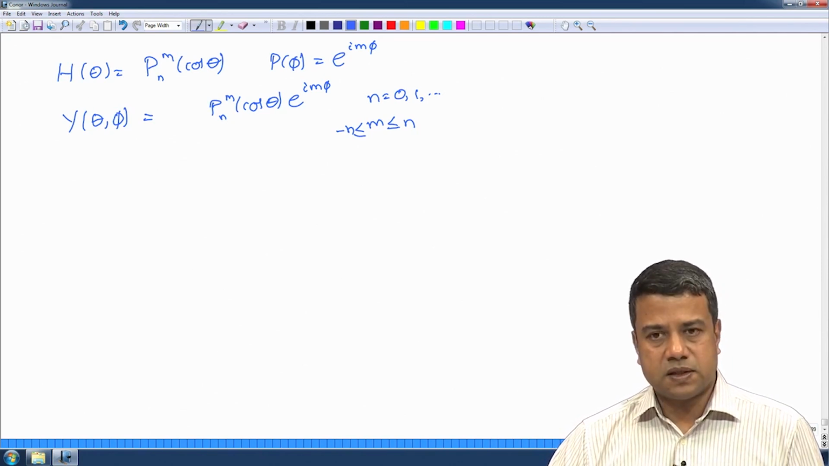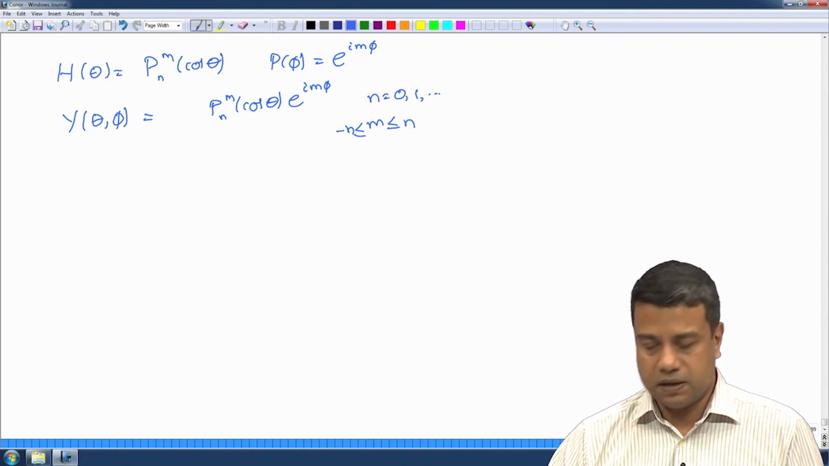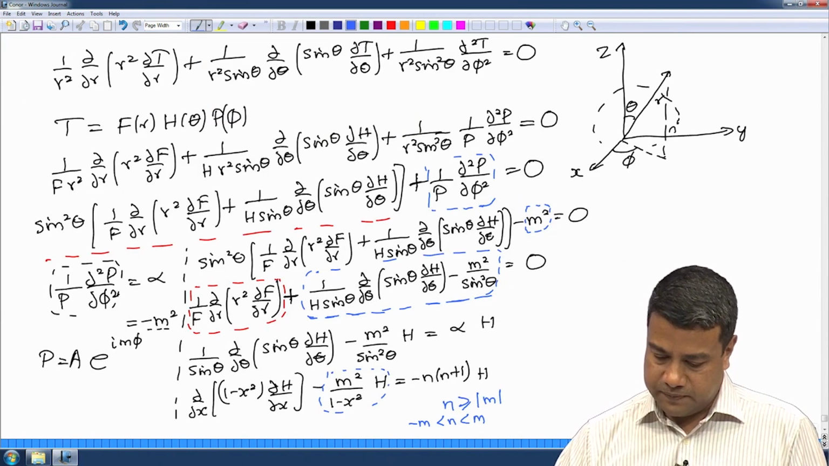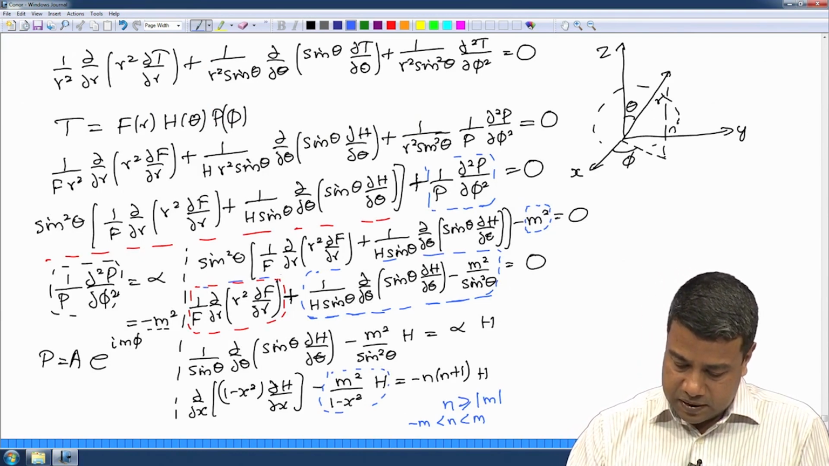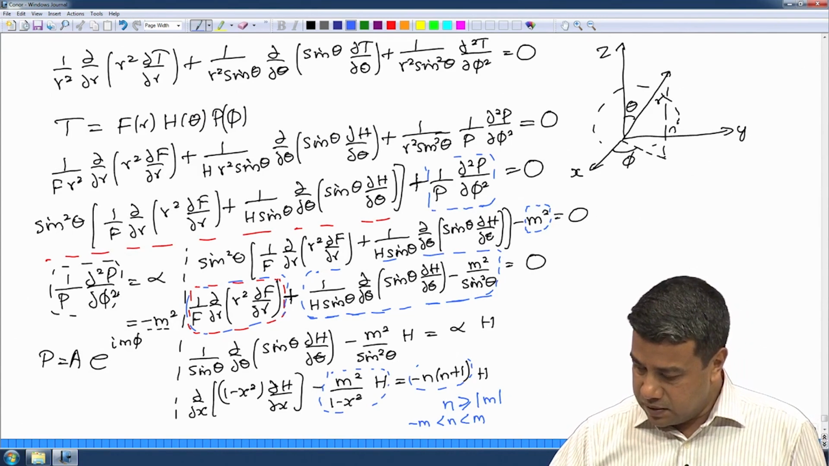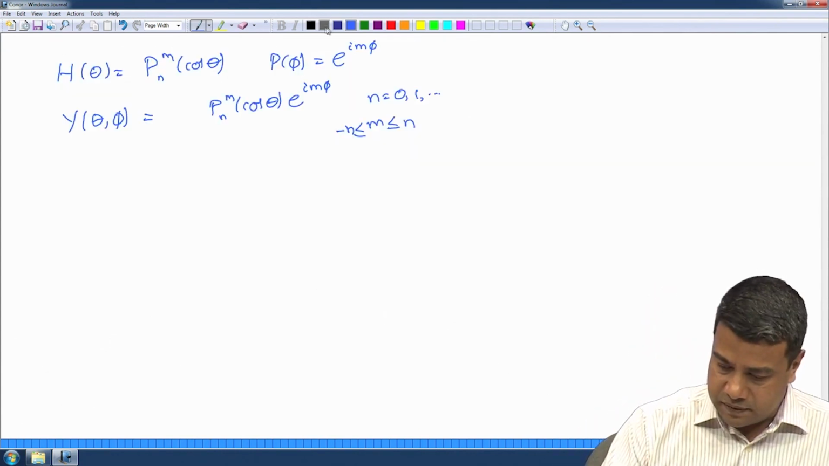So, those are the solutions in the theta and phi directions. And finally, we have to come to the solution in the radial direction. That solution in the radial direction, we know that this term here has got to be equal to minus n into n plus 1. So, the solution in the radial direction is of the form